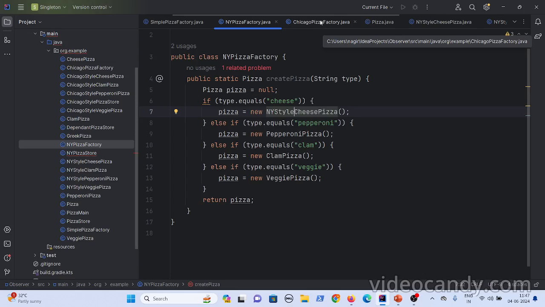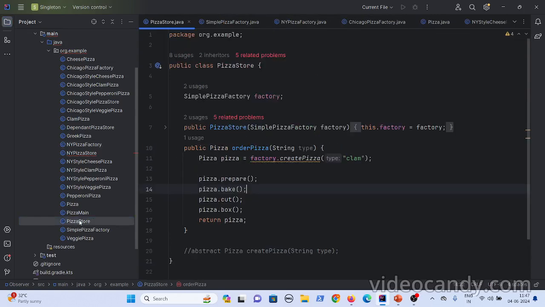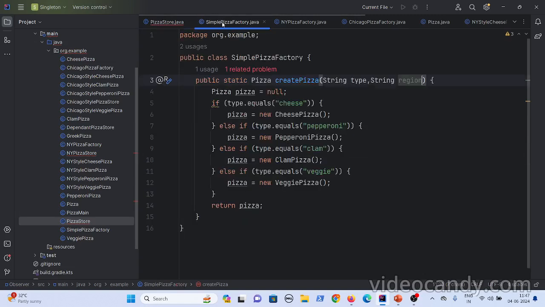Now you have created the region style pizzas, and you have created the pizza factories as well. Now how do you order? Let's say a person comes and orders, how will you make use of these factories? Let's go back to the pizza store class. If you see here, initially we were directly calling the simple pizza factory dot create pizza.